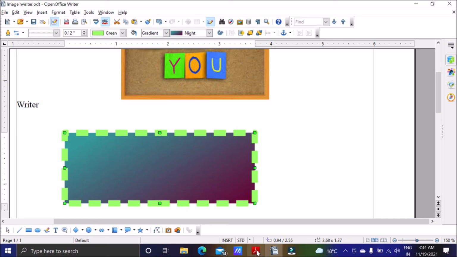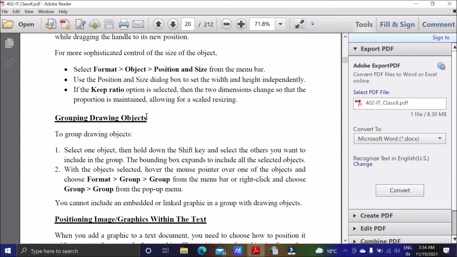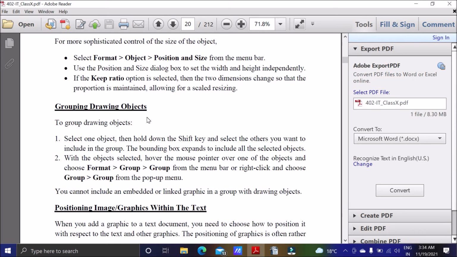So you can go for shift. For a scaled resizing, where you want the length and breadth to remain in proportion, select one of the corner handles and use the shift key when you are dragging the handle to its new position.